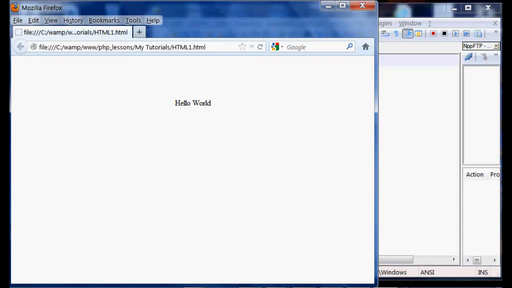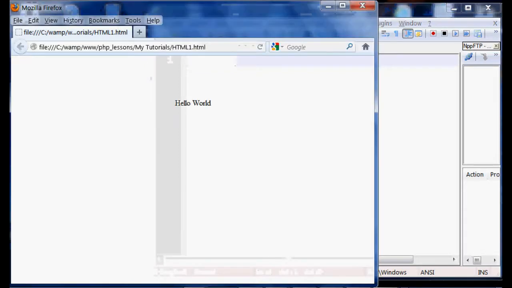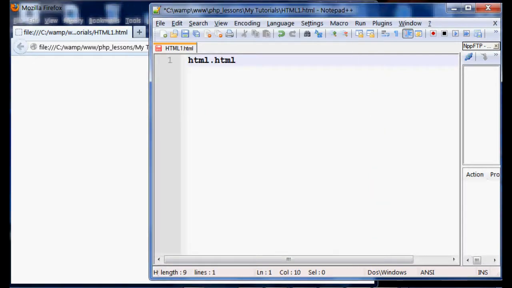This is part 1. We're getting started with the very basics. So let's get started. If you're just starting out, you're going to want to first create a text file, like I've created here. I called mine HTML. First it might be called .txt, then you have to change the name to .html, and voila, you have an HTML file. You can open it up in your browser like so, or you can open it up in Notepad,